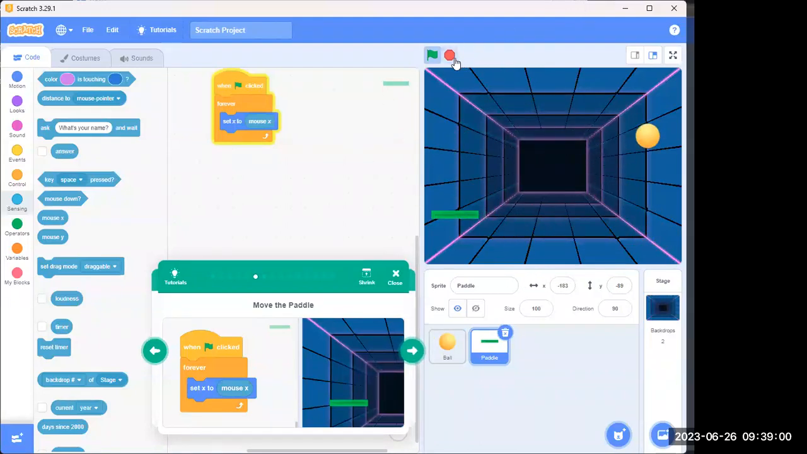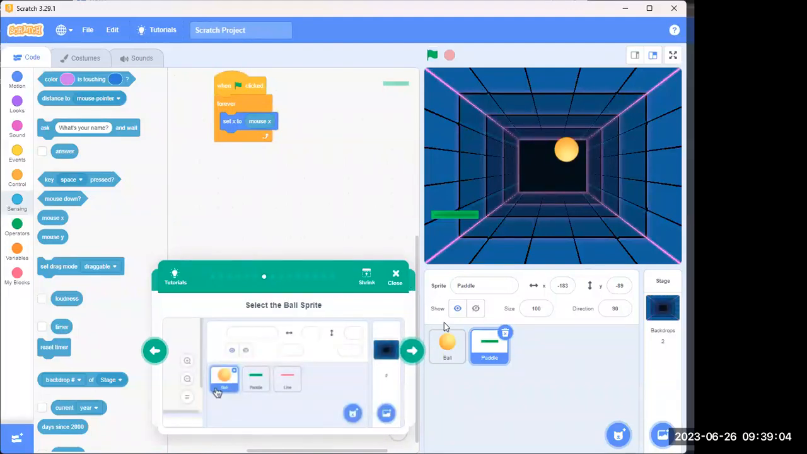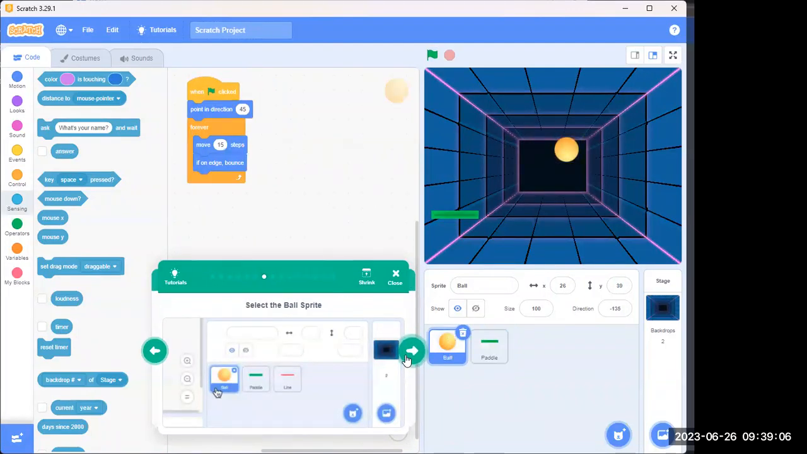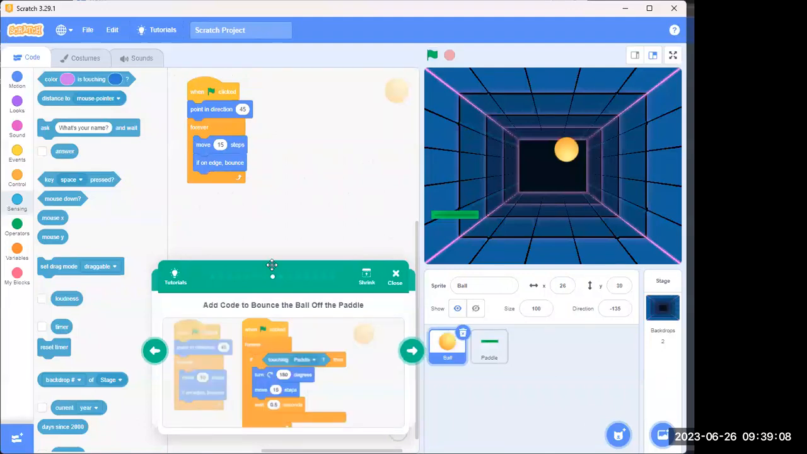So we stop the code. Next step, select the ball. I have selected the ball. Next step, add more code to bounce the ball off the paddle. Now we will add a few more codes so that the ball is going to touch the paddle. So the codes are: